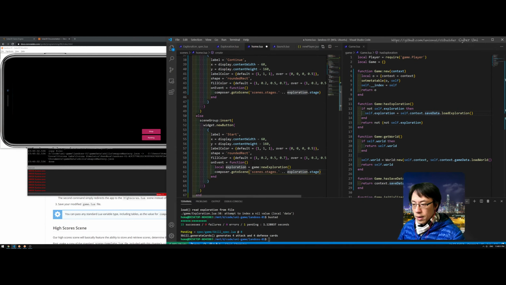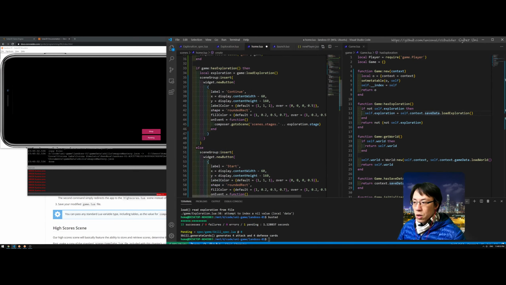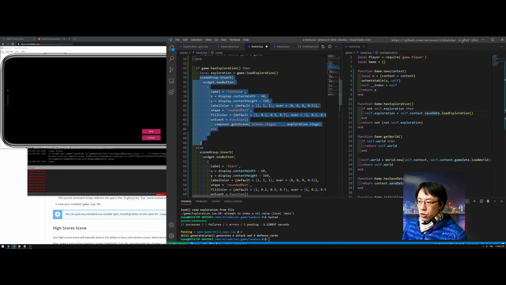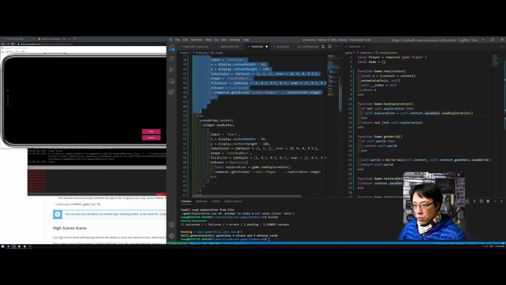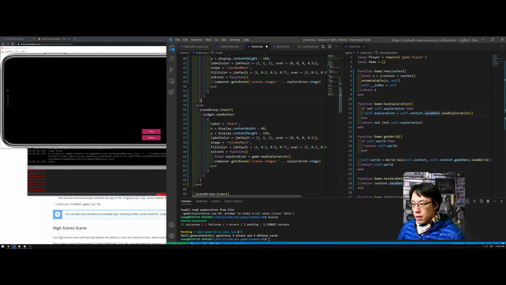Okay, and then do the same thing. So the difference between that and this is that if it has exploration, I'm going to load it, and besides showing this, I might also show some other things, right? So doing it like this is a little bit more flexible. So over here is like this,